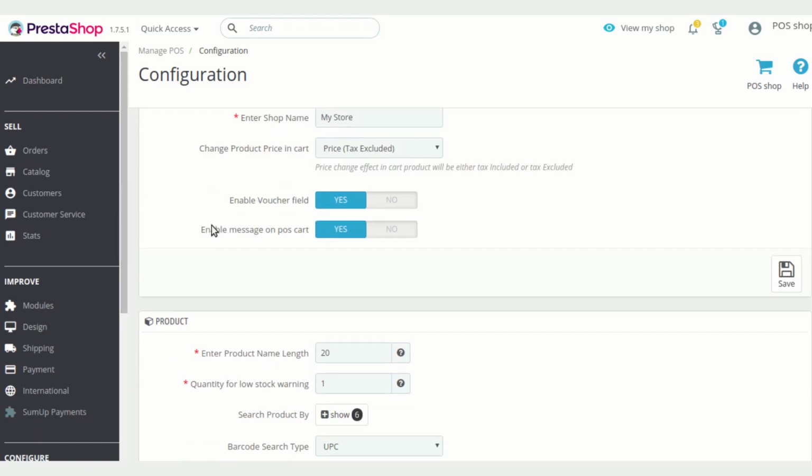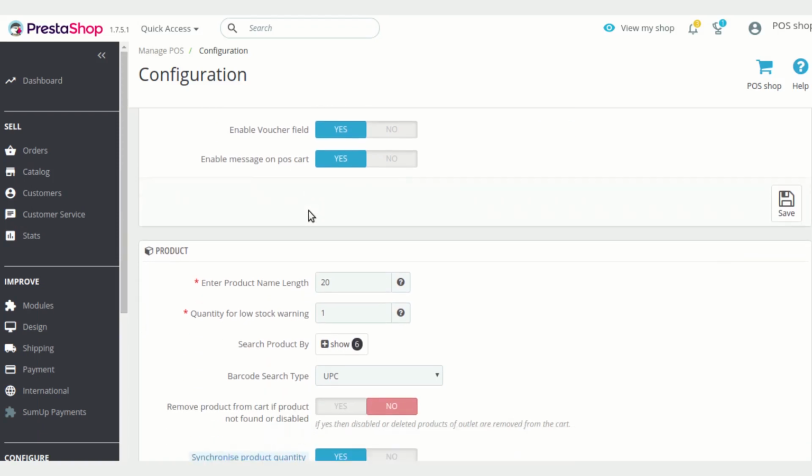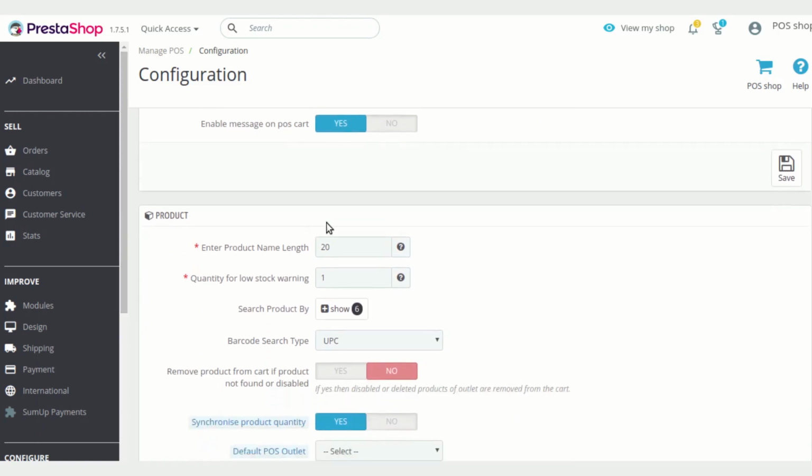Then if you want to show some message on the POS cart, you can enable this option. Then there are some product related settings for POS too. The first one is product name length. What will be the name length of the products that are assigned to a POS outlet?